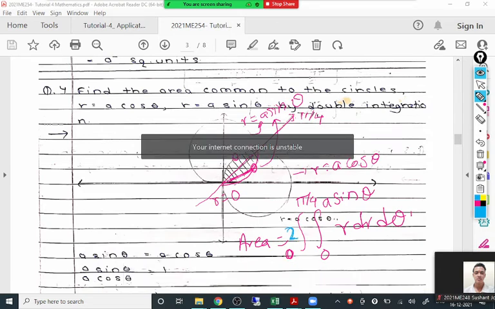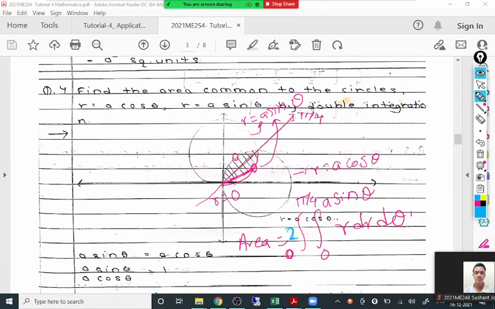You should be smart enough to reduce your calculation whenever you have a question in front of you, but don't make blunders. Write it in the correct way only. Whatever area you get between 0 to pi by 4, the same area you get from pi by 4 to pi by 2. So you write 2 times there. This is the best way to get the answer in fewer steps. Otherwise, you will divide it into 2 parts, plus pi by 4 to pi by 2 with limits 0 to a cos theta r dr d theta, and you'll double your calculation. Both ways are correct.